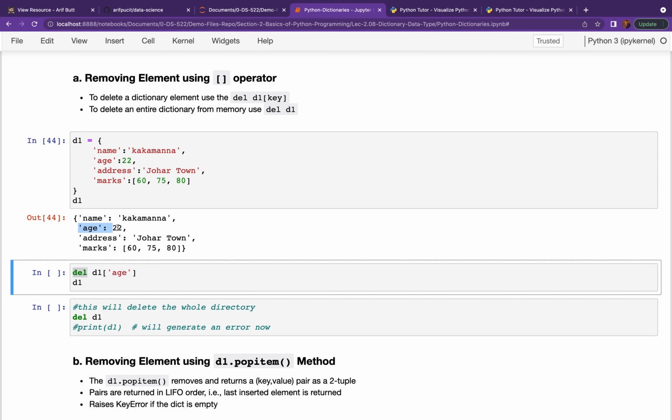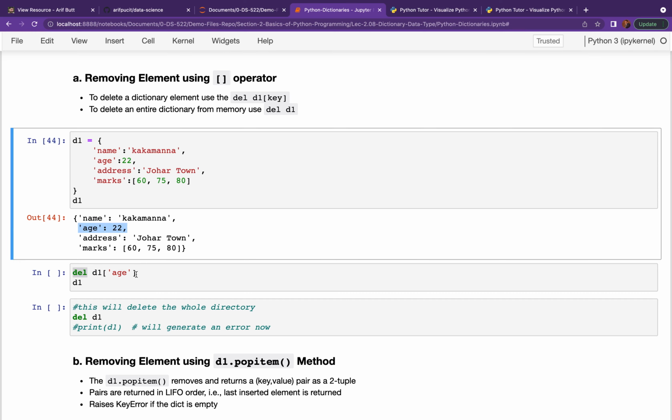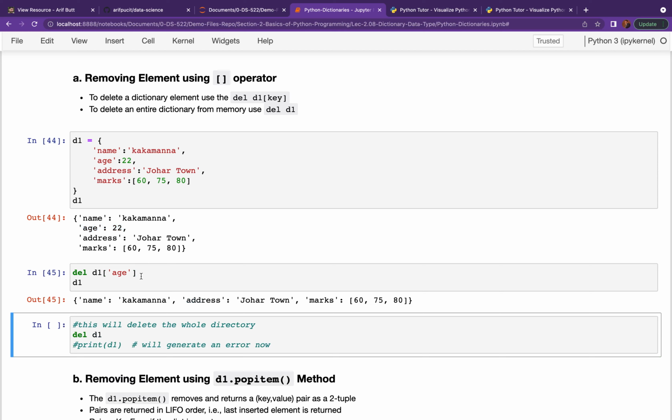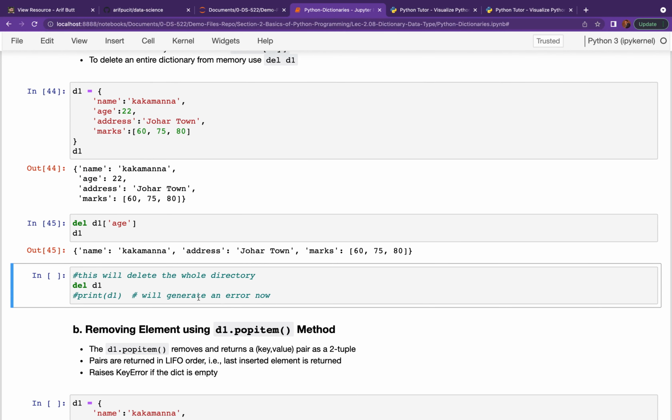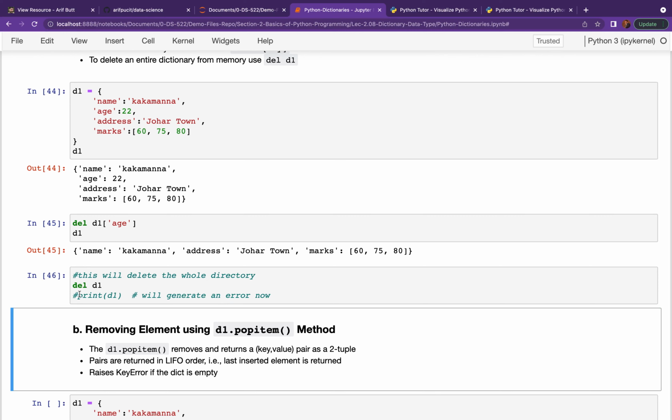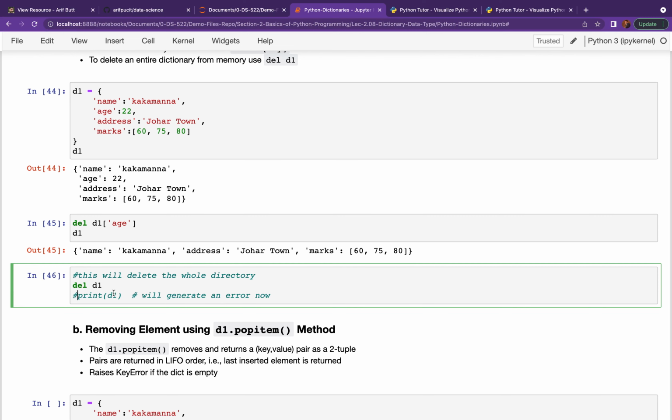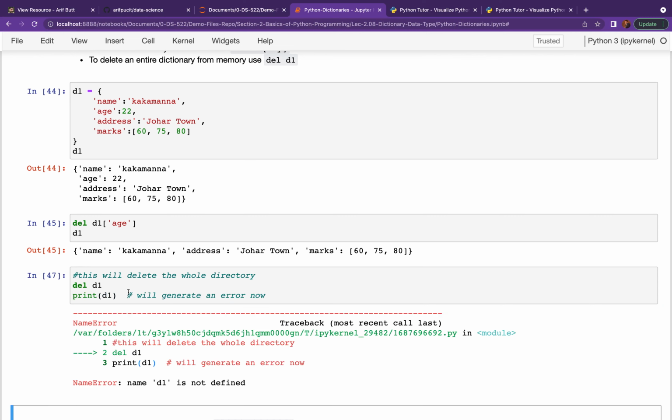This key value pair age 22 will be deleted. Let's see that. You don't have the age colon 22 value over here. And of course you can delete the entire dictionary object using the del keyword followed by the dictionary name, and after that if I try to access this dictionary D1, you will get a NameError, which says D1 is not defined.